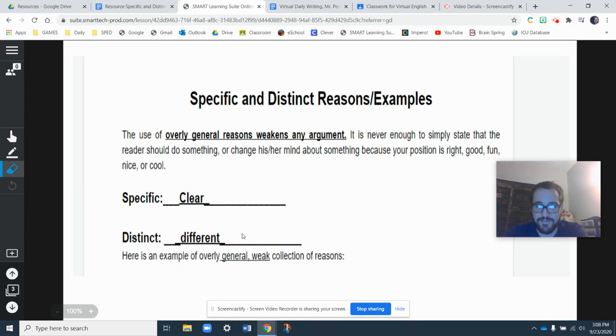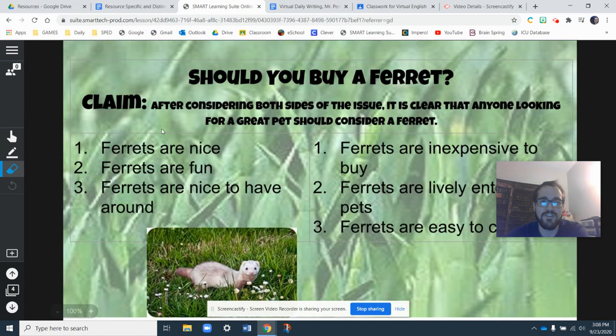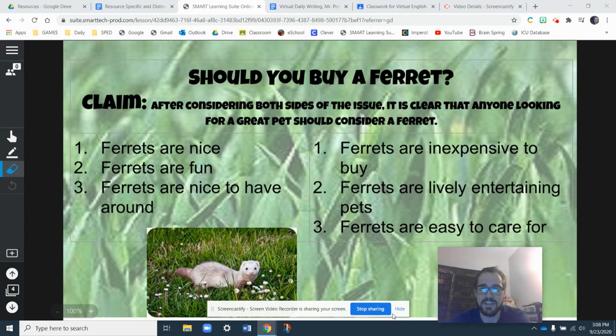Make it different. Make it stand out, right? Here's an example of some overly weak and good reasons. We're going to look at some good and some bad reasons while we're doing this. So what makes a reason good and what makes a reason bad or poor, right? So if I made this claim here, I love this slide. If I made a claim and I said,